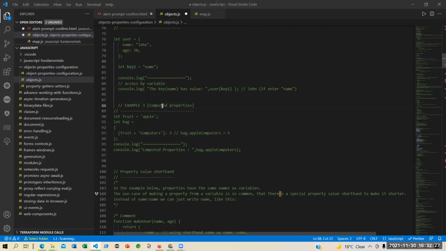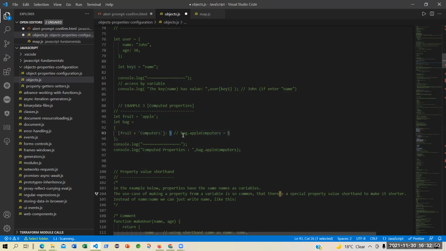Then we have also discussed the computed properties yesterday. We have a defined variable called fruit, which is apple, and then we have hard-coded computers. So this entire thing becomes a property, and the value is 5.